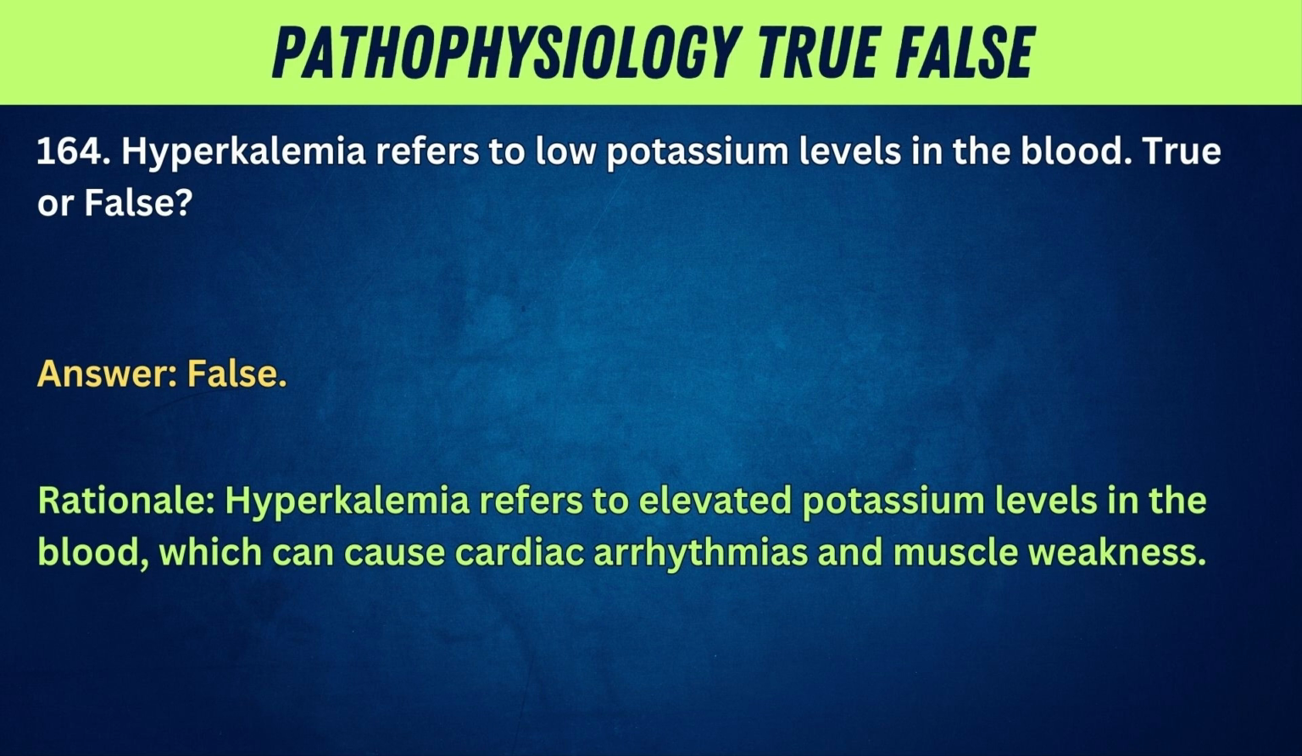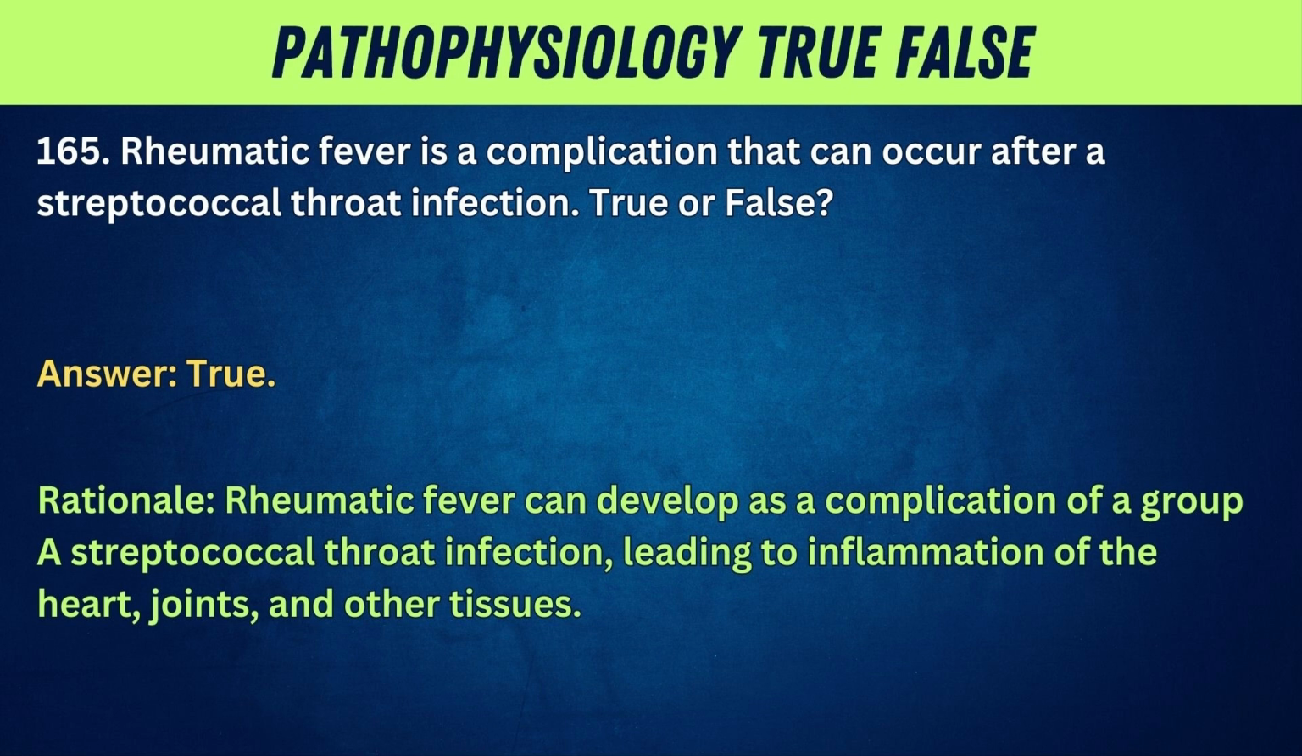Rationale: hyperkalemia refers to elevated potassium levels in the blood, which can cause cardiac arrhythmias and muscle weakness. 165. Rheumatic fever is a complication that can occur after a streptococcal throat infection. True or false? Answer: true. Rationale: rheumatic fever can develop as a complication of a streptococcal throat infection, leading to inflammation of the heart, joints,